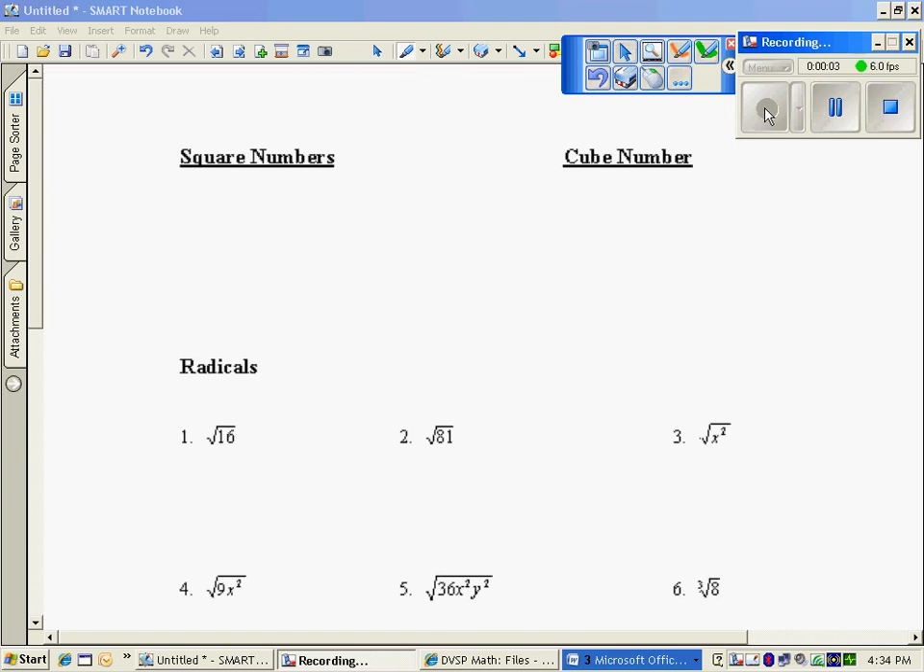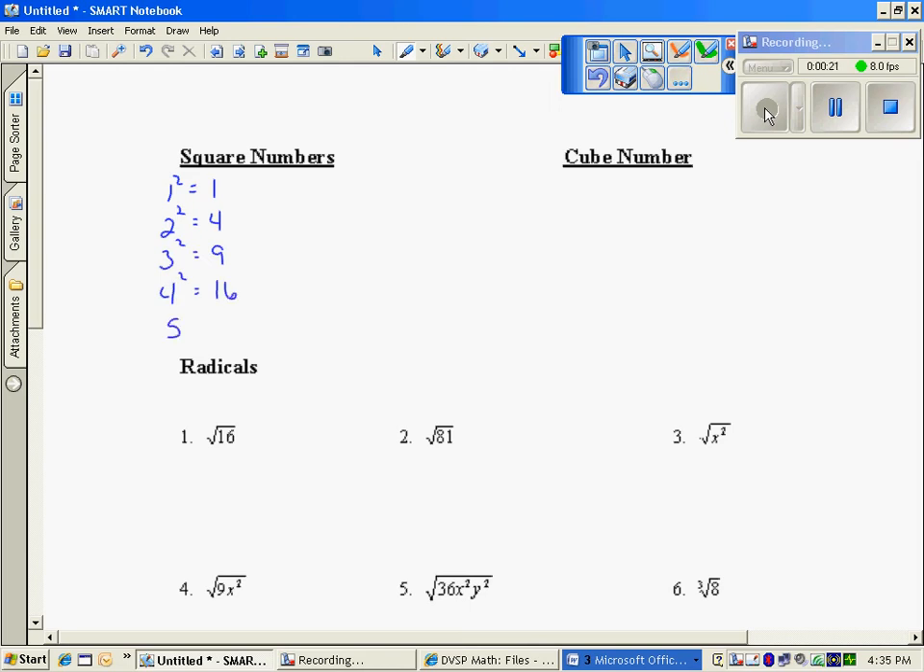So in order to go backwards and take the square root or the cube root, you have to know your squares. So if we write those down, 1 squared or 1 times 1 is 1, 2 squared or 2 times 2 is 4, 3 squared or 3 times 3 is 9, 4 squared or 4 times 4 is 16, 5 squared is 25, 6 squared is 36, 7 squared is 49, 8 squared is 64, and 9 squared is 81,